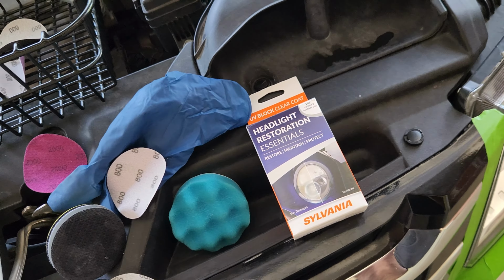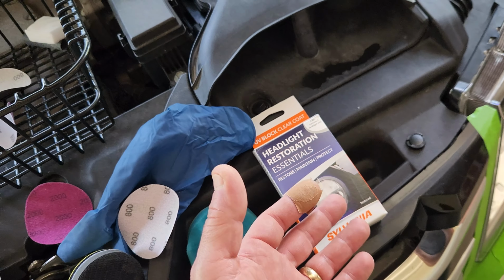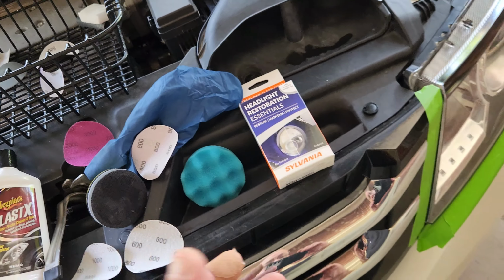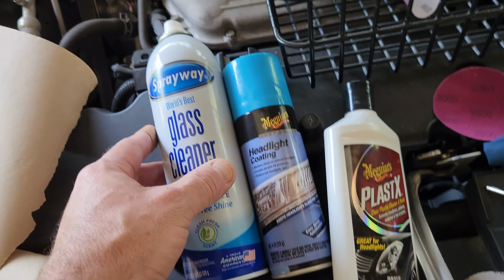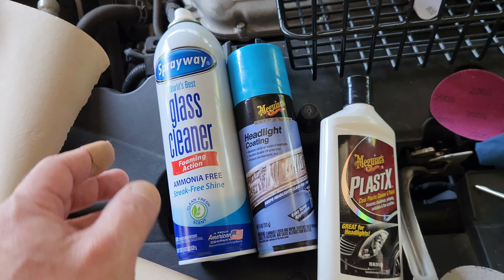the clear coat. I did buy the full kit and I used it on a different vehicle where the headlights were really cloudy, and I was just amazed. That vehicle's not here right now, but I did that about a month ago. I decided to go ahead and purchase and try this product just because of the ease of use, headlight coating by Meguiar's. Notice the can, it's not a full-size can, but I gotta say,